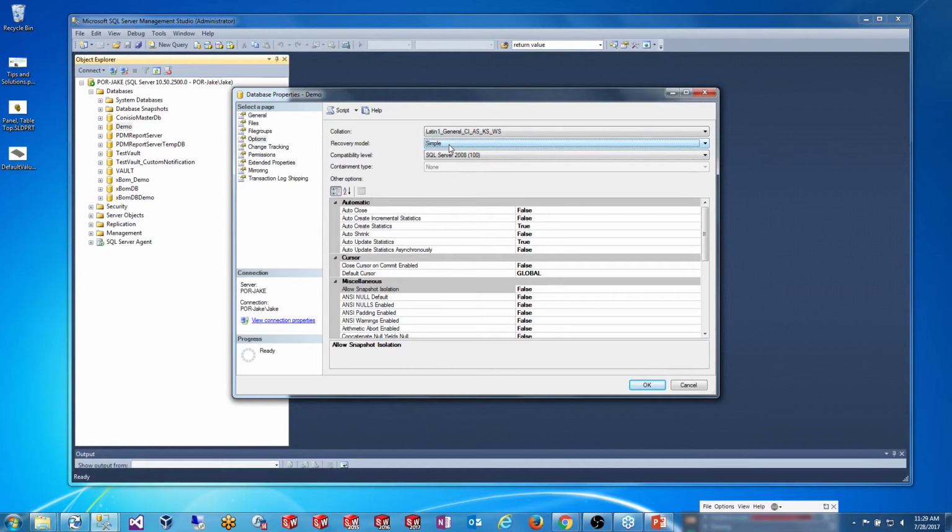And when you're setting the recovery model, there's a couple things you want to think about. With anything performance related, there's going to be pluses and minuses. What the full recovery model is going to give you is that every single transaction that happens in your Vault gets recorded in the transaction log, and that allows your transaction log to potentially be very large if you have a lot of transactions. By setting this to simple, it limits that size so that it doesn't automatically grow on you to an unmanageable size. And usually, it doesn't make too big of a difference what the size of that transaction log is, but